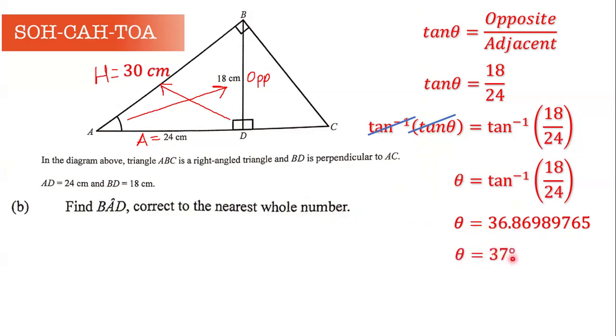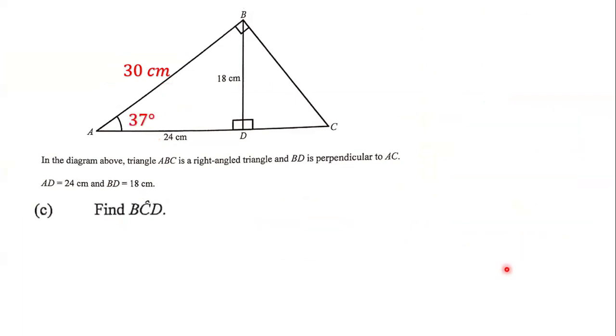So theta is going to be equal to 37 degrees. And so that means that angle BAD, correct to the nearest whole number, is 37 degrees. And that's the answer for this part. Next, our goal is to find angle